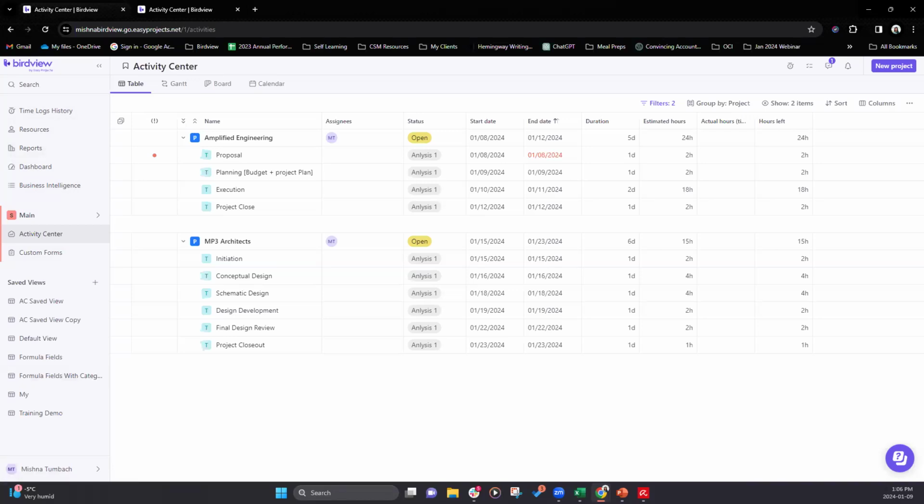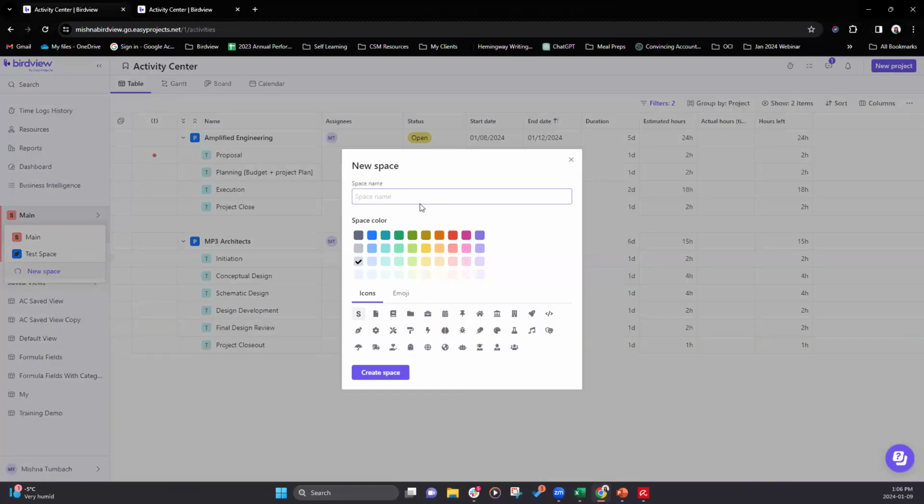So the question is, how do you create a space? To create a space, it is a very straightforward process. I'm simply going to click on main. So main is the main activity center for everything. This is going to be your initial hub. So I'm going to click on this side arrow, and it's going to give me a pop-up that says create a new space. I'm going to click on this new space and say